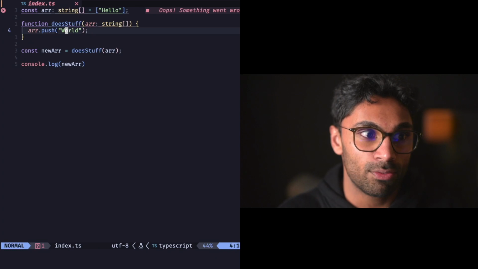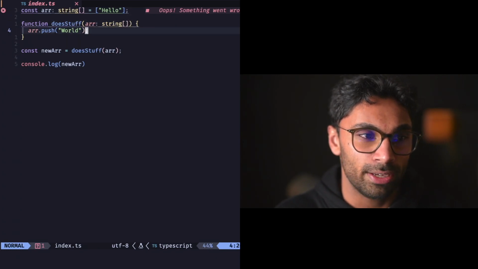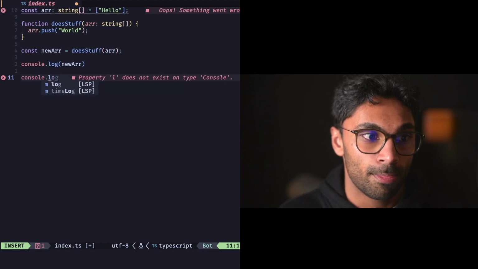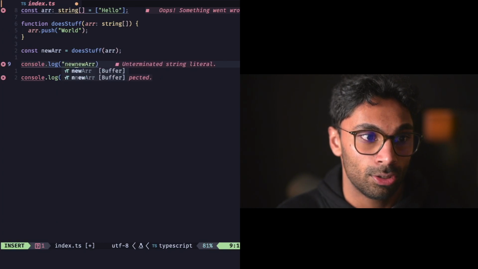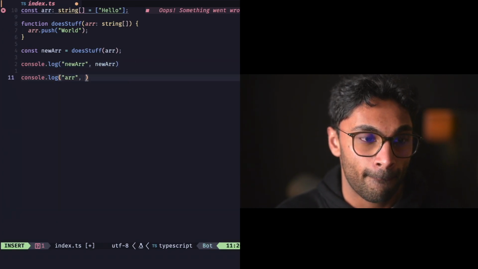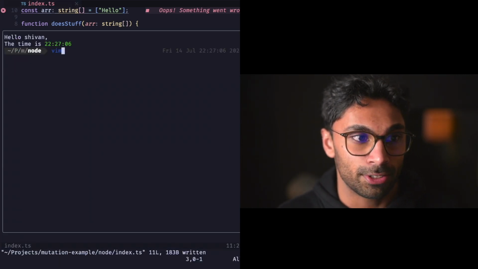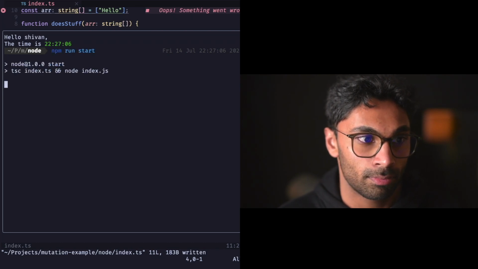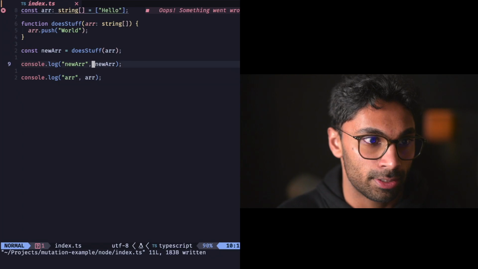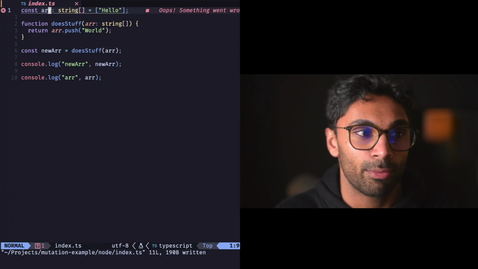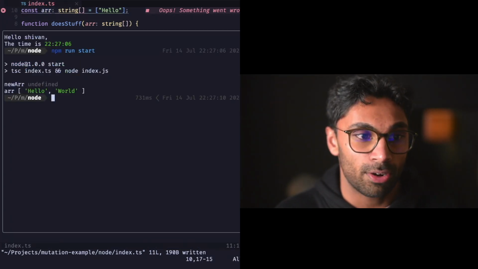So in this example, even though we pass this array through here and push world onto it, let's see what happens to the original array. So we're going to console log the original array. This is R, and this would be new R. Let's see what happens if I run this. And let's just return this actually. But you already see the mistake here, because we expect R to be constant, we expect it to be just a hello. But in this scenario here,